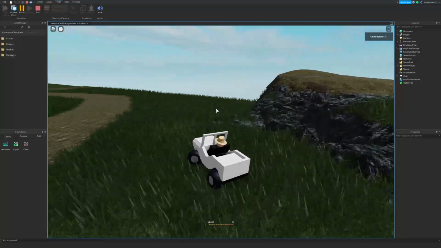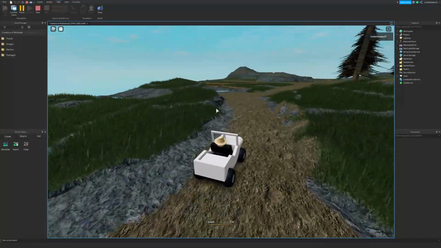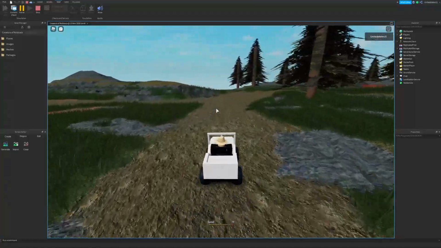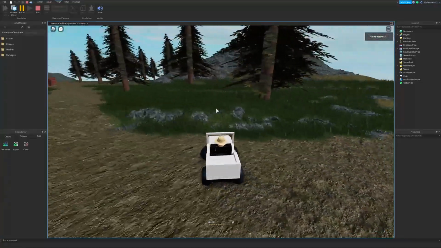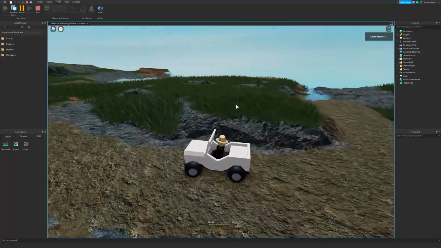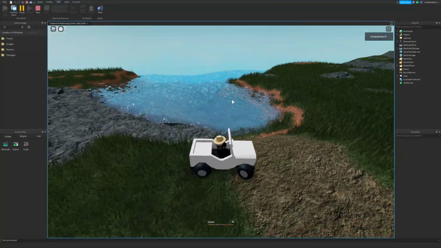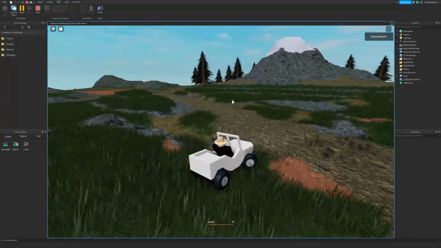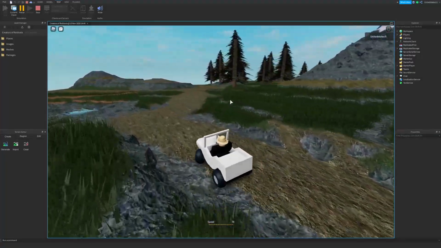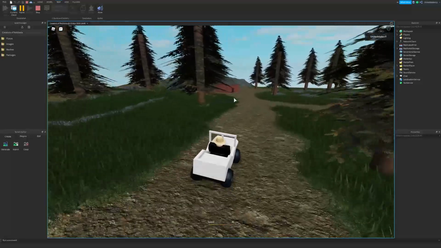But if you guys want to learn about those tools, you can go check out my other video. I recorded it before this one, and it was my latest, so go check that out if you want to learn more about the tools. But otherwise, you can see it's not that hard to use terrain, and it can turn out very nice. So now I'm going to show you guys how to do height maps and color maps and how you can make them. So let's get right into that.